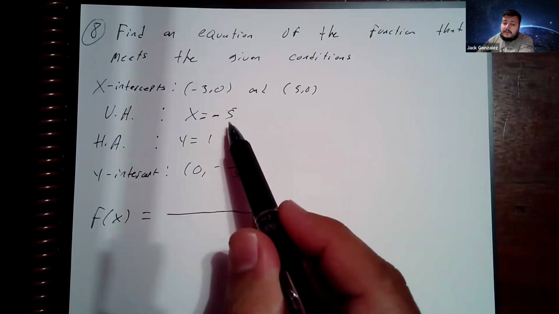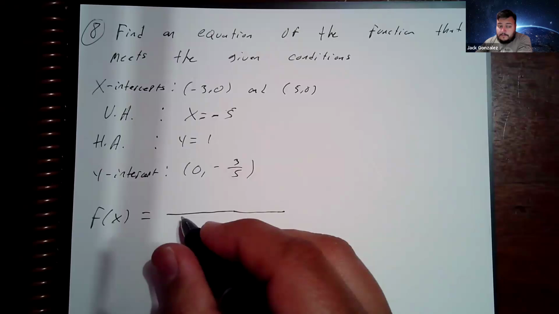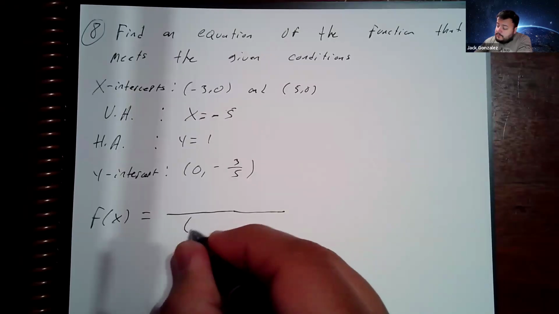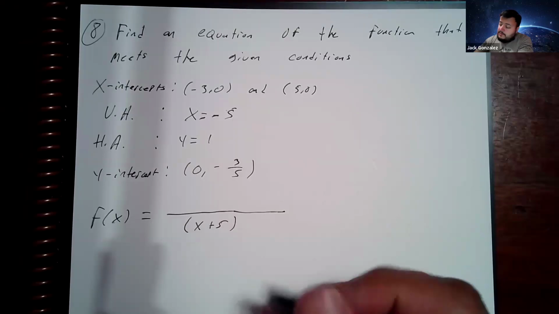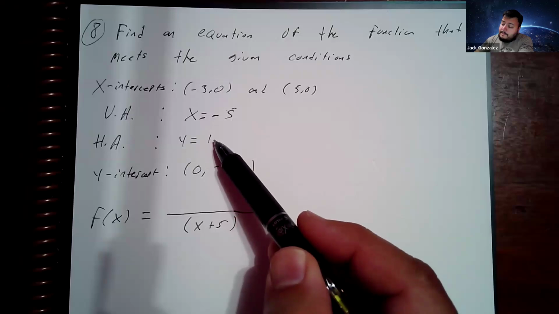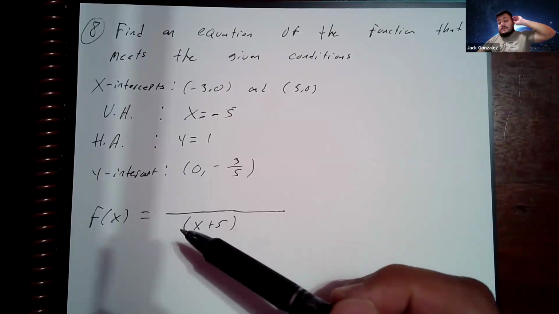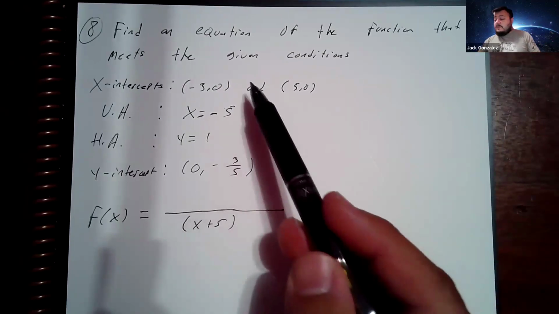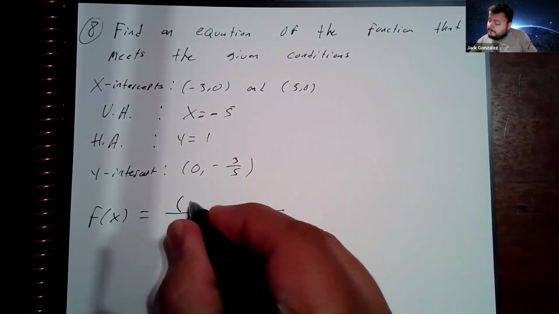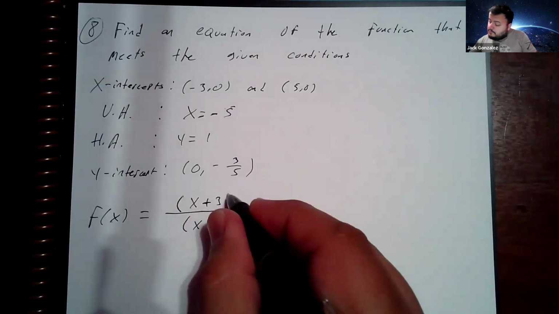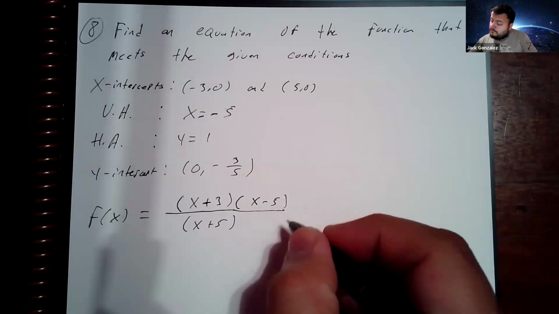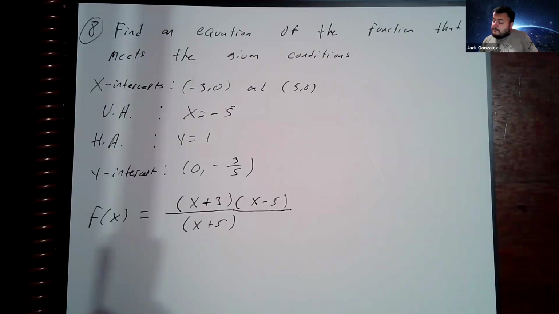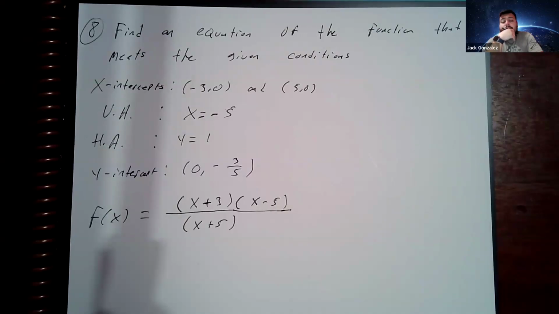So if we have a vertical asymptote at x equals -5, then we know for sure we got to have x plus 5 down here. And if the horizontal asymptote is equal to 1, then the degree of the top and bottom had to be the same, based on the notes that I sent you. Also, if these are the zeros, then you got to have these factors up here, the opposites. Okay. And since I need them to be the same degree, and I have no other information,